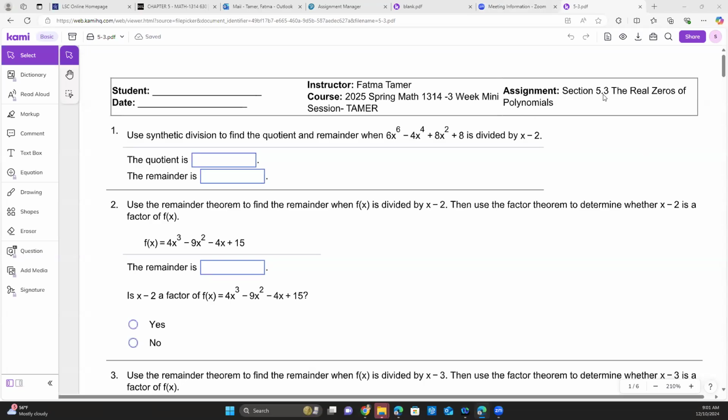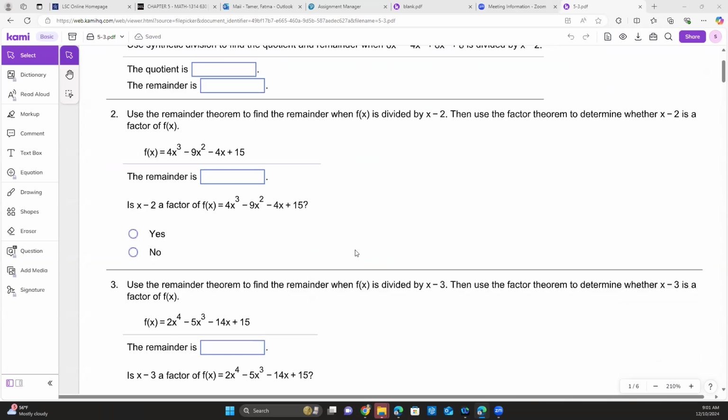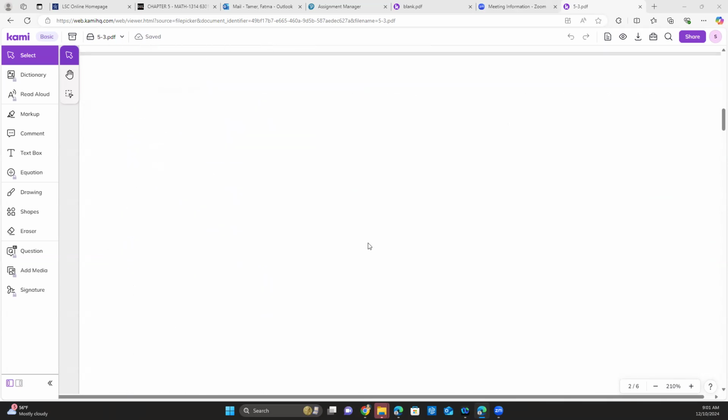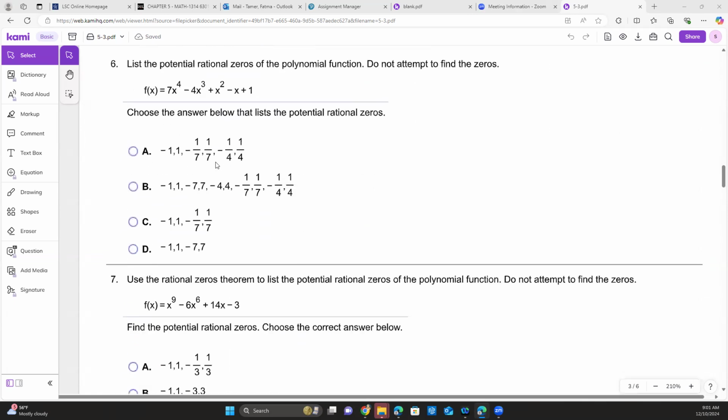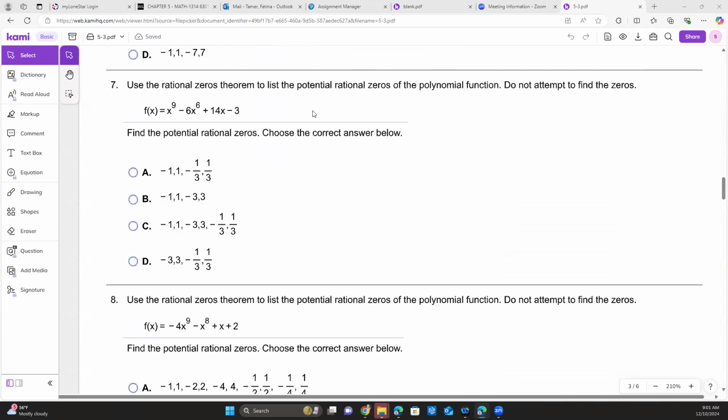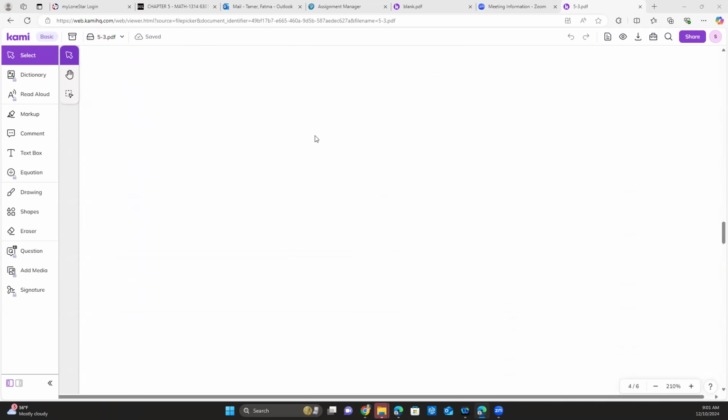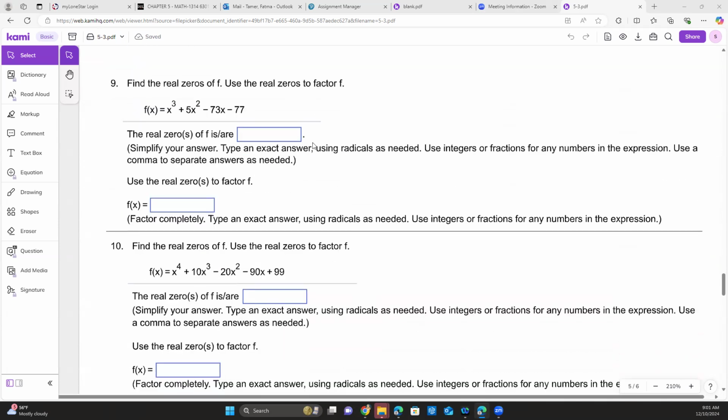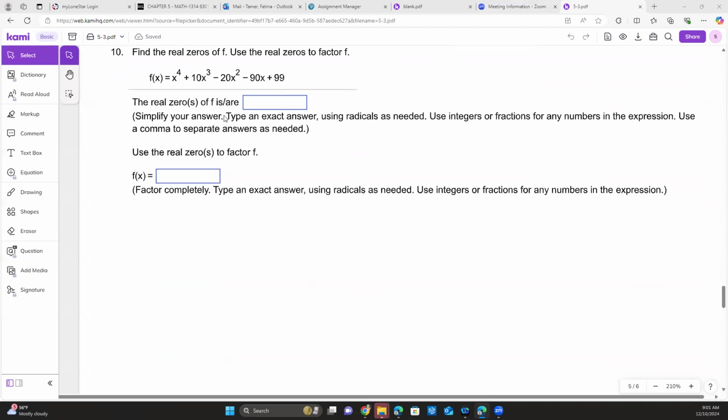Section 5.3 is called the real zeros of polynomial functions. With this assignment, we are going to focus on synthetic division to divide polynomials, and then we're going to look at the remainder theorem. And then using synthetic division, we're going to locate the zeros. We will talk about potential rational zeros, how to find them. And then towards the end of the assignment, we're going to actually find the real zeros by using synthetic division and